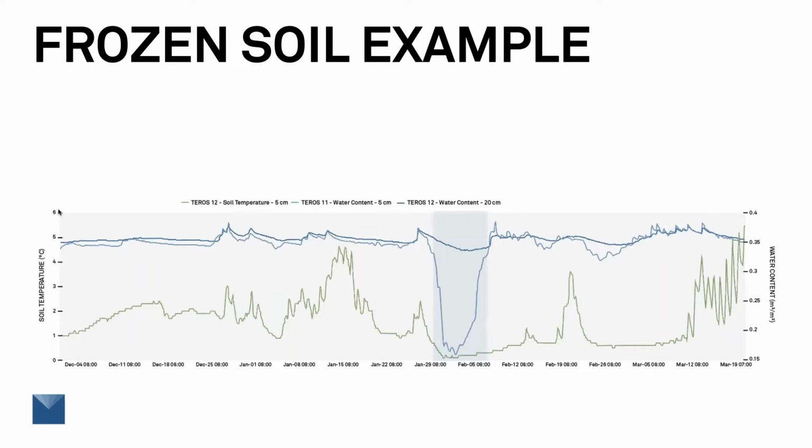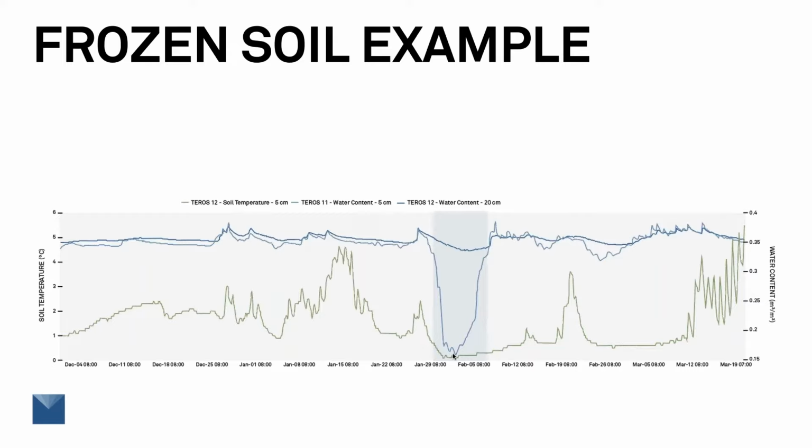The reason I put this graph up here was not to show you how much temperature changes at 5 centimeters in the soil, but to focus you in on what happens when that temperature drops down to 0 to the water content. So I've shaded a blue area there, and what happens is this interesting thing. This darker blue line, that's at 20 centimeters. The lighter blue line is water content at 5 centimeters. And when we get that freezing event, the water content just drops down to around 15% from where it was